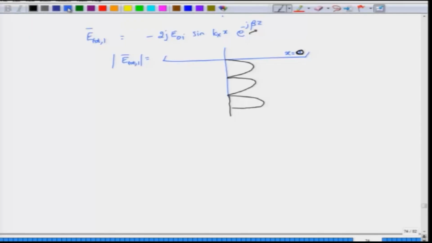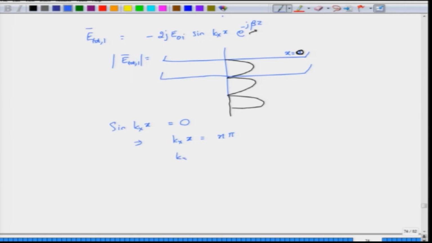Now, let us do a clever thing. I have this plate already. What if I go and insert another plate at this point where the field is actually going to 0? Where does the field go to 0? Well, it is a sine, so where does sin kx x go to 0? It will go to 0 at all those planes which satisfy this condition, that is at all planes of x such that kx times x is equal to n pi, where n is an integer for us, then this field will go to 0. So, the first time that it goes to 0 is at x equal to 0, and where does it go to 0 again?